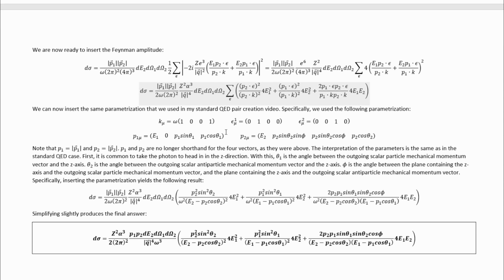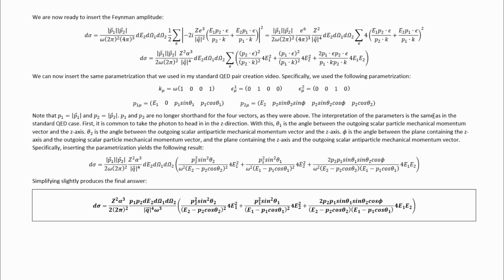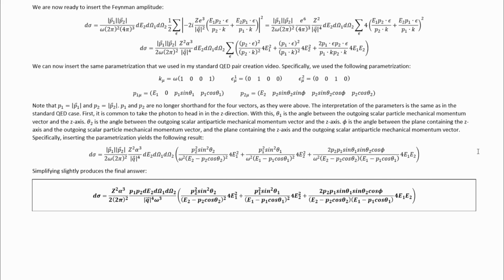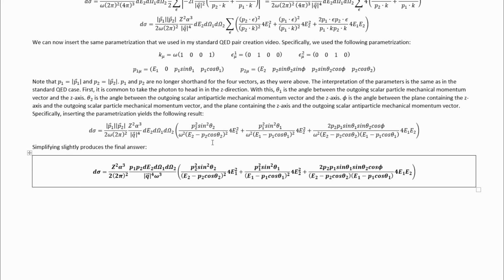We can then pick a parameterization, and I picked the standard parameterization for this problem, which is the same parameterization used in the standard QED analog of this problem, so you're already familiar with it if you've been watching my quantum field theory lecture series. Now, I've written out the description of what all the parameters mean here in this video as well, although exactly that description was in my standard QED version of this calculation. If you want to read it here, you can pause the video, but I'm just going to move on. Inserting that parameterization gives us this result directly, and then a tiny bit of simplification yields our final answer, and